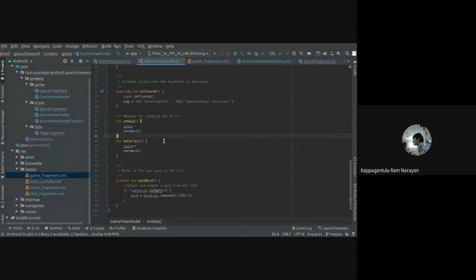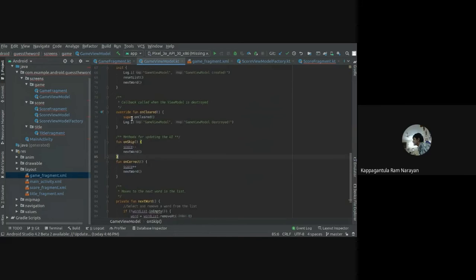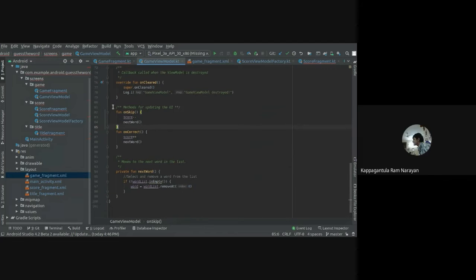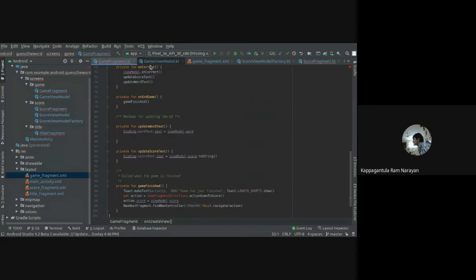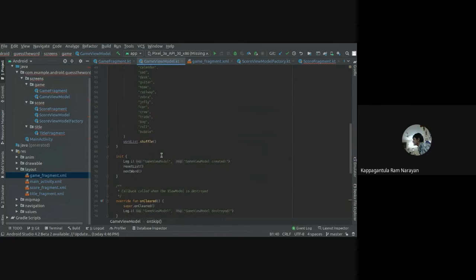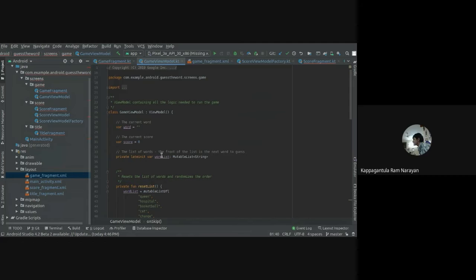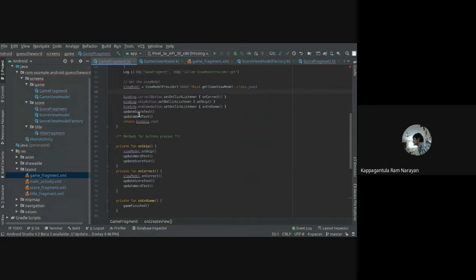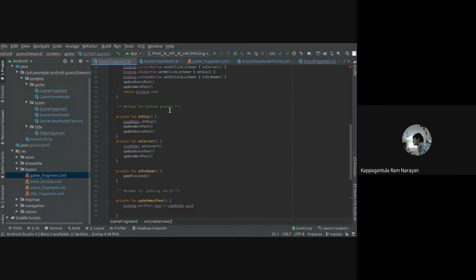So yeah, and in your view model class, you have these functions. Look over here. These are the methods for updating the UI. So you're going to call these. Notice that these functions are not private because you will have to call them in this class. So that's it, guys. This is all view model is. You put all your decision making functions inside a view model class, and then you call the required functions in your UI controllers by referencing them using an object.